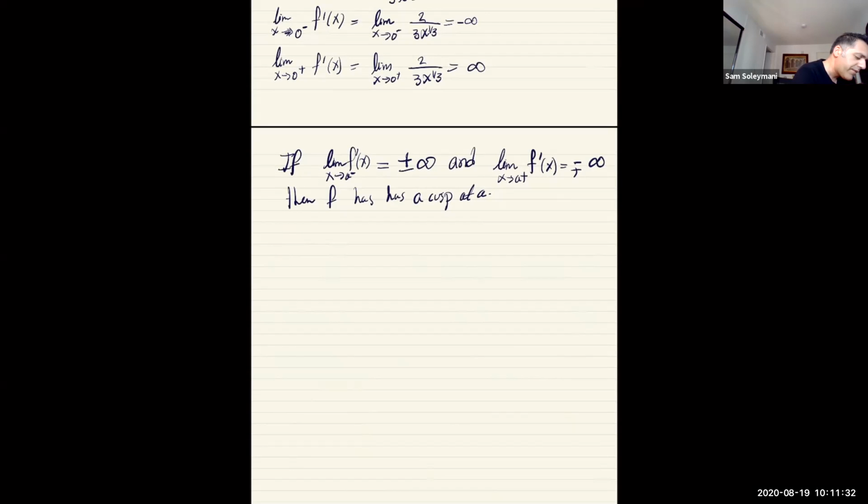If the limit as x goes to a of f prime of x is just equal to infinity, meaning from both sides it's infinity, or if the limit as x goes to a of f prime of x is negative infinity, then